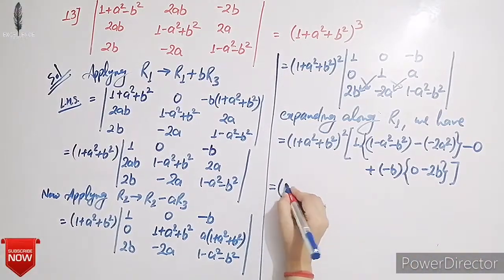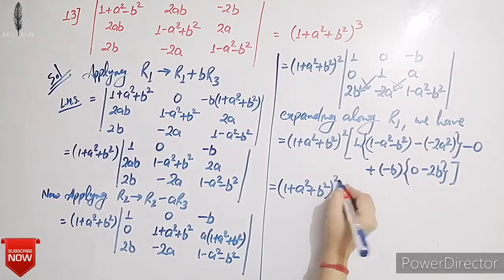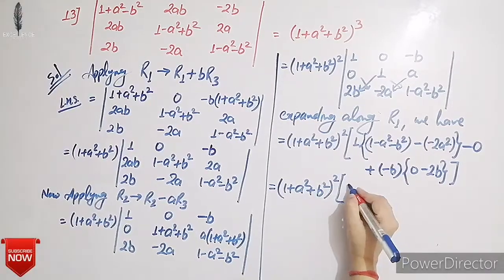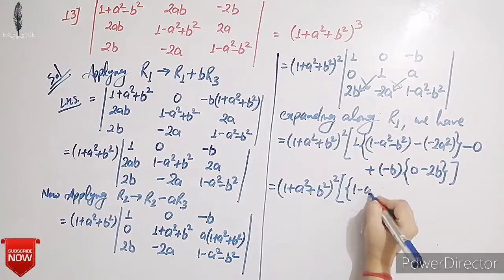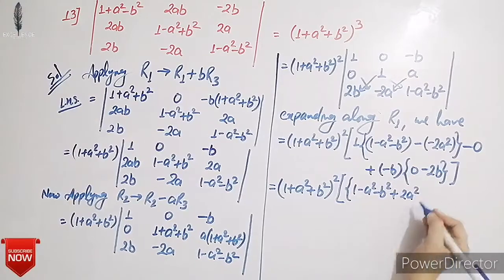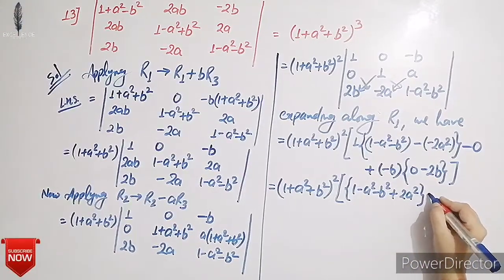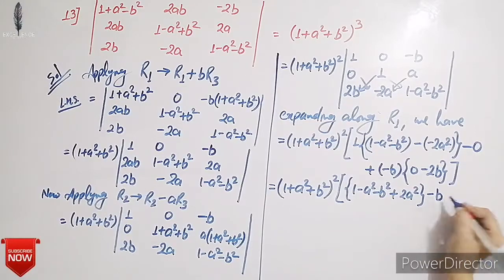On solving we have 1 plus a square plus b square whole square into here 1 minus a square minus b square plus 2a square, minus b into minus 2b,